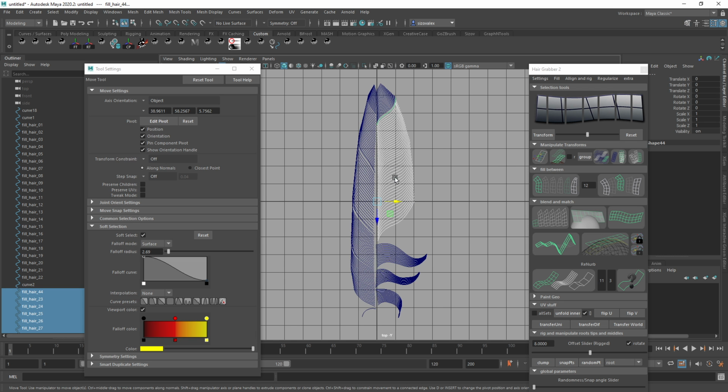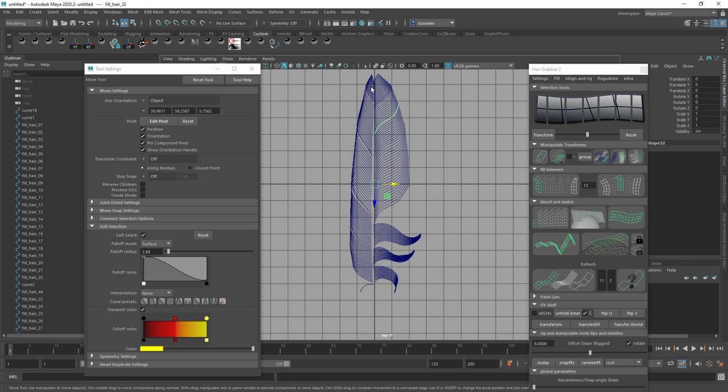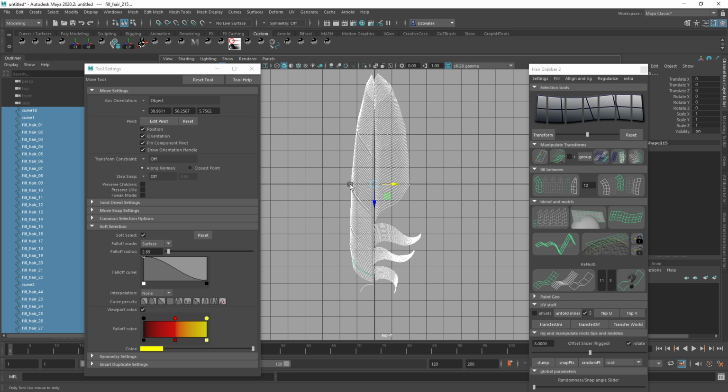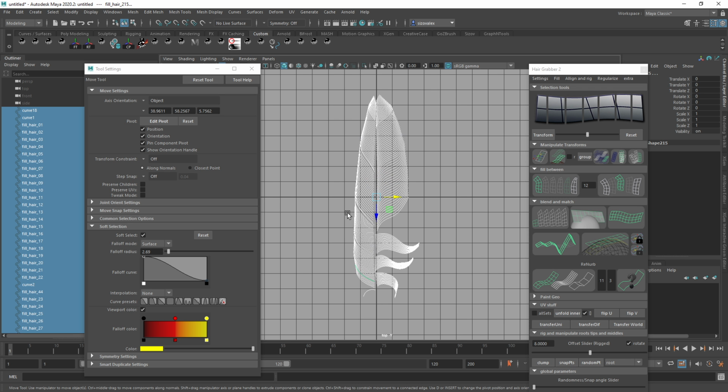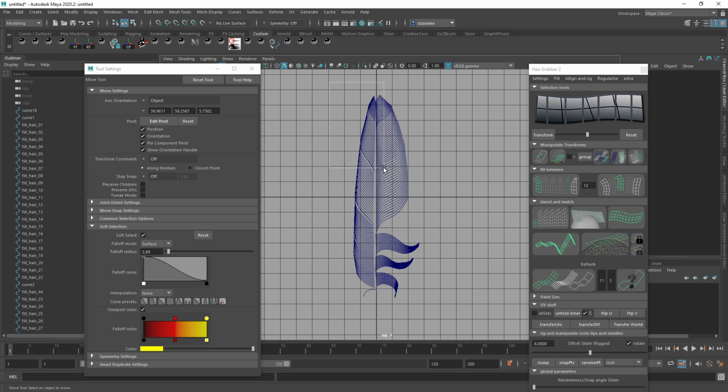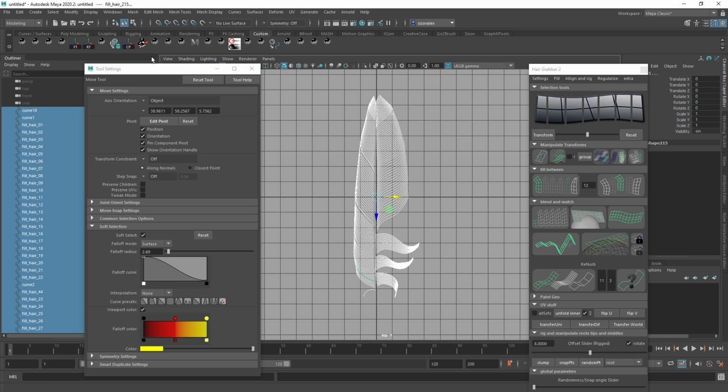Now, the problem here, if I want to introduce a little bit of randomness to those shapes, is I can't really use hair grabber for that, but what I can do is I can create tubes with Tuber, and then I can introduce some randomness to those. So let's do that. So I'll select a whole bunch of curves here, and I will go in,